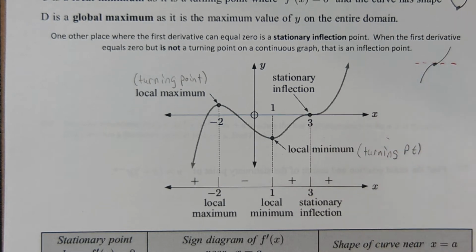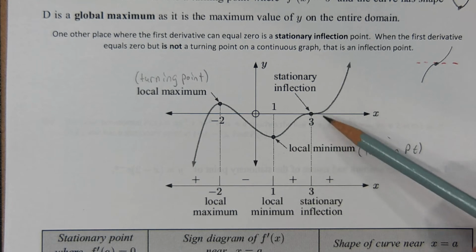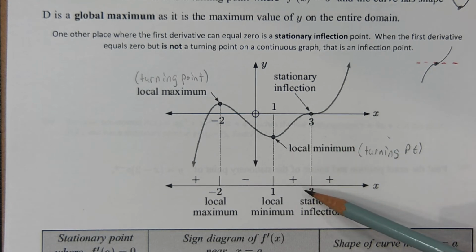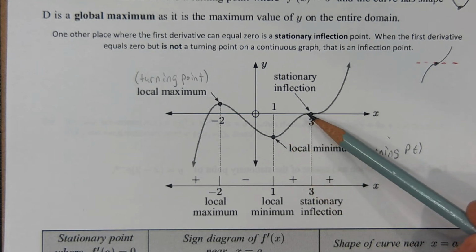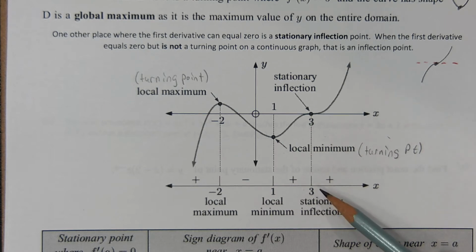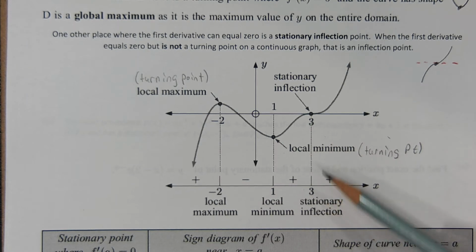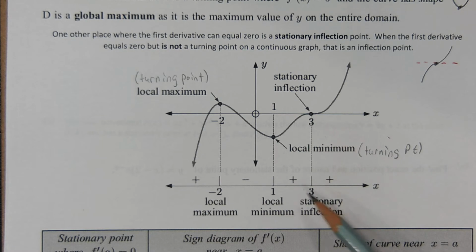Gonna get lazy here, just do turning PT. And then this one, if you look at your sign diagram, went from increasing to, well, increasing again. Now in between you had a slope of zero, so it was stationary right here. But because I didn't have a sign change, this was not a turning point, therefore it is a stationary inflection point. A lot of vocabulary in this lesson,